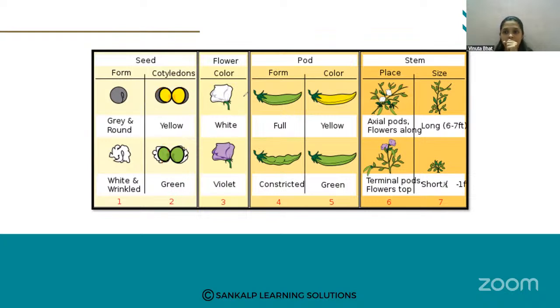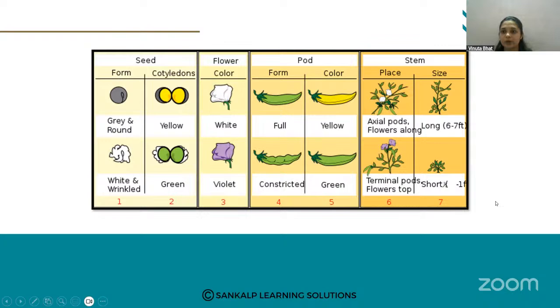Flower: plants that produce white color flowers or violet color flowers, he observed. So that is the contrasting character. So these 7 contrasting characters he selected for his experiments. Okay, then